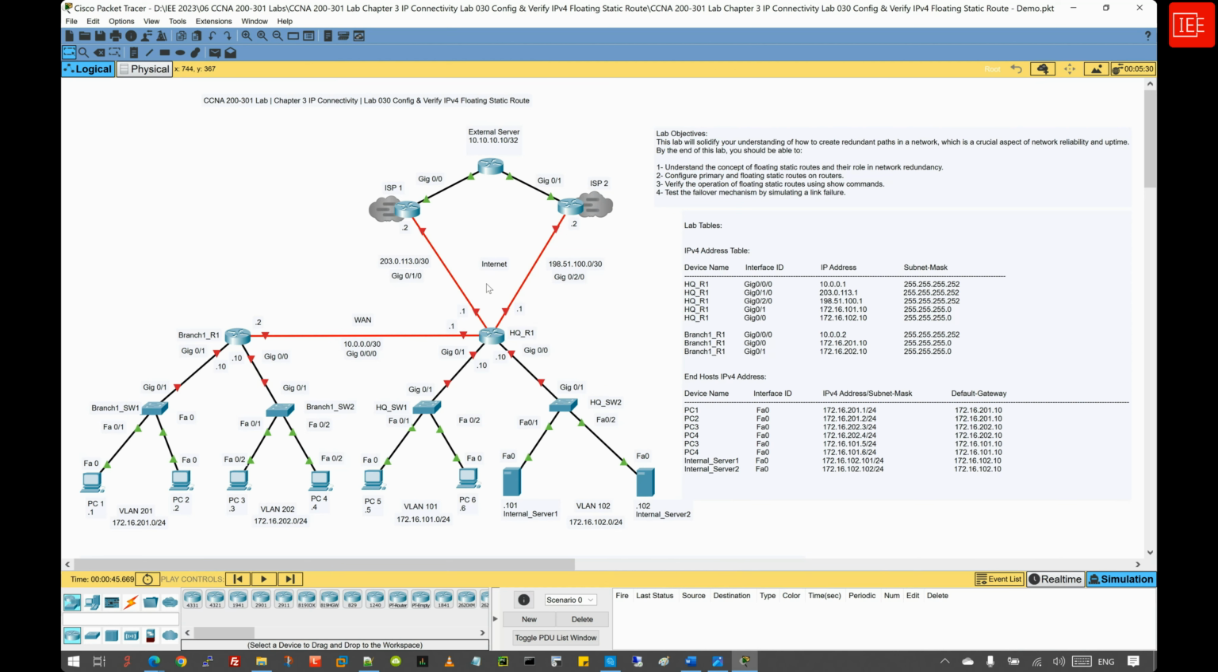In this lab, you will learn how to configure and verify IPv4 floating static routes. Floating static routes are backup routes that come into play when the primary route fails. These routes have a higher administrative distance than the primary route to ensure that they are only used if the primary route becomes unavailable. This lab will guide you through the configuration of floating static routes and demonstrate how to